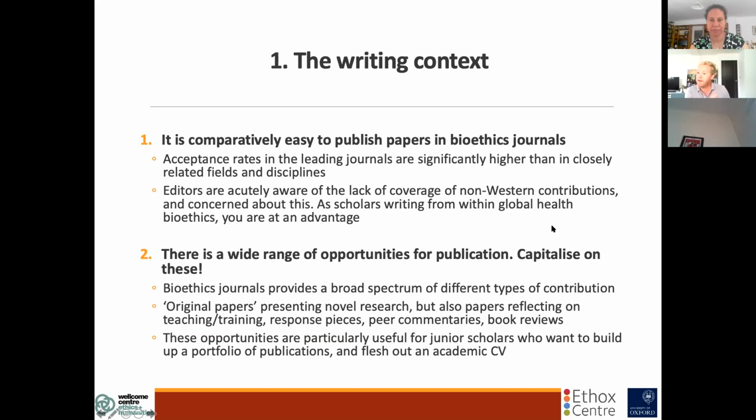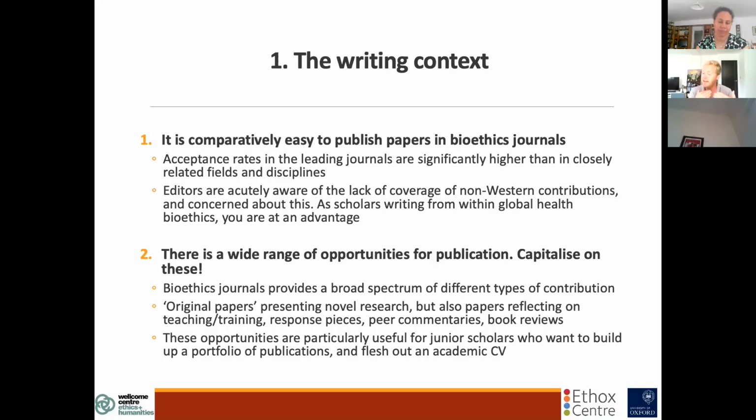There's also, I think, in bioethics, a wide range of opportunities to publish. And you should, if you're in the junior phases of your career, capitalize on these, in my view. It's not just original papers that publish your primary empirical or philosophical work that are being considered. There are sections of journals that focus on teaching and training. There are sections of journals that focus on responses and commentaries. Indeed, there's a whole journal like the American Journal of Bioethics that invites open peer commentaries, very short, very lightly peer-reviewed pieces